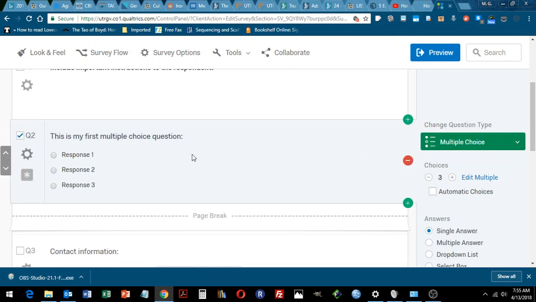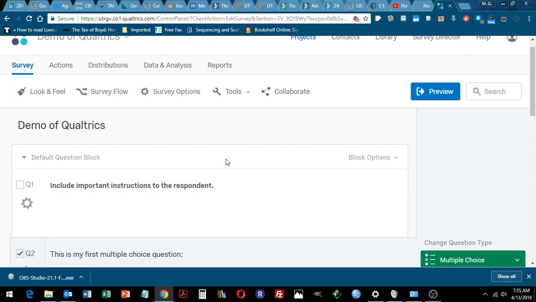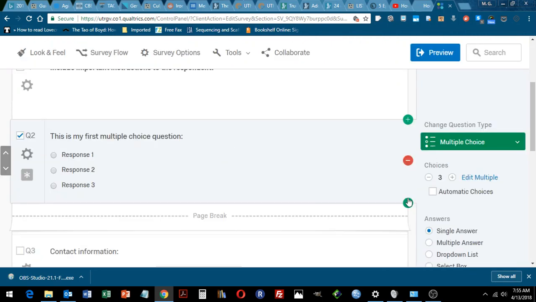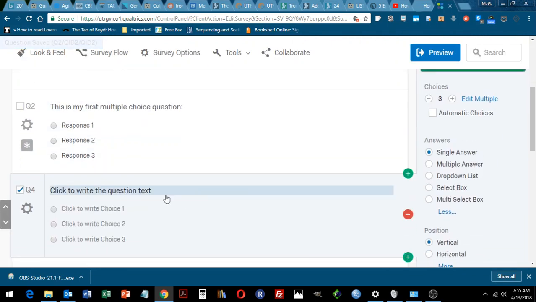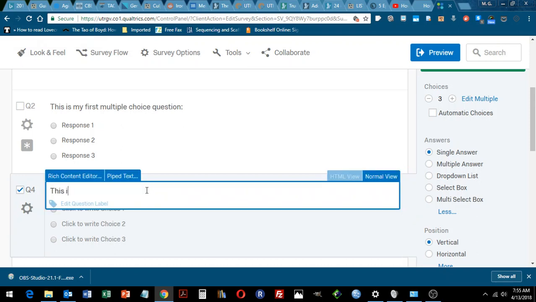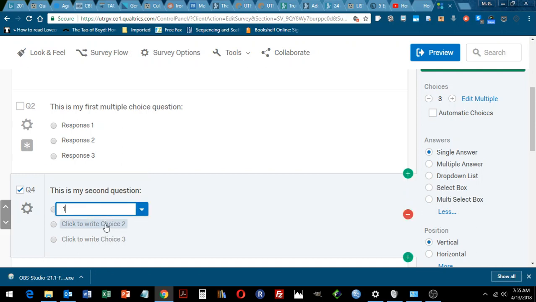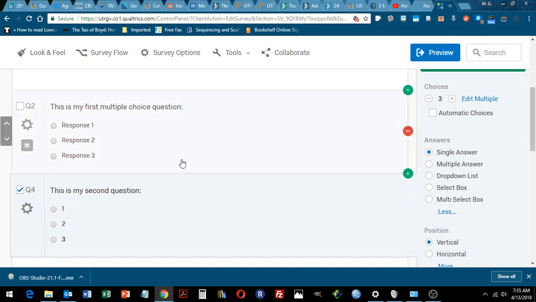Final thing I want to show, and this is especially for quizzes or tests, is the ability to let Qualtrics know how I want to score or grade all of these items. So in my example, let me go ahead and add one more question just to have 2. So this is my second choice, my second question. All right, I'm just going to have choices 1, 2, 3. So my quiz has 2